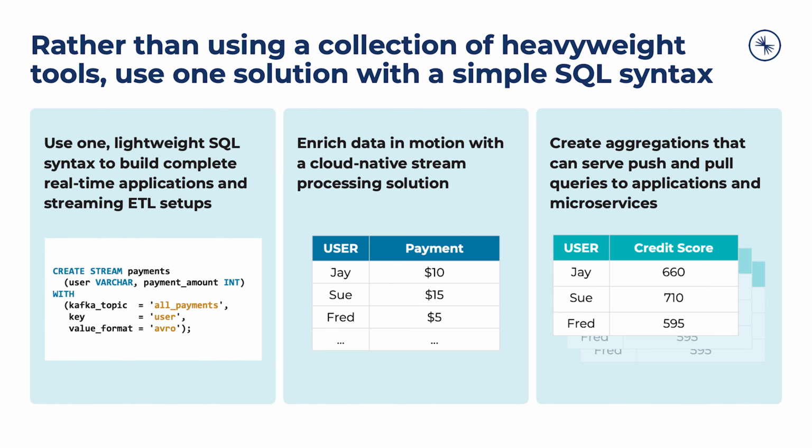With KSQL DB, developers can use a lightweight SQL syntax to build a complete real-time application. This includes the ability to enrich input streams to derive new event streams, and creating aggregations of event streams that are continuously updated as new events occur, and that can serve both push and pull queries to applications. We will dive more into the various constructs that make up KSQL DB in a bit. By bringing the same feel of traditional application development on a relational database, KSQL DB opens up stream processing and real-time application development up to many more developers within an organization than if only Kafka Streams was used.